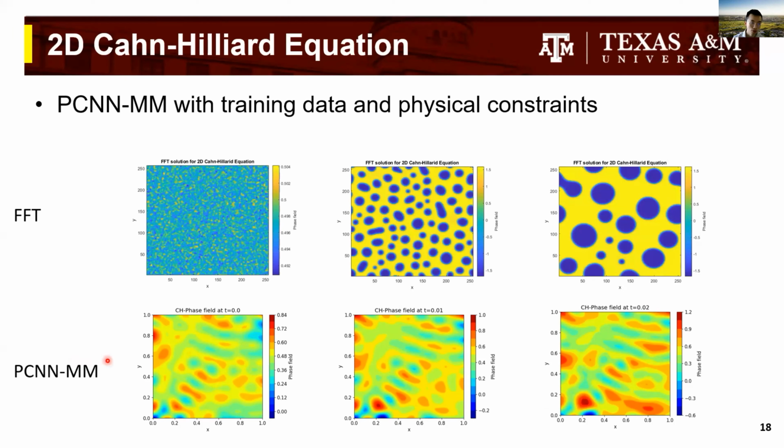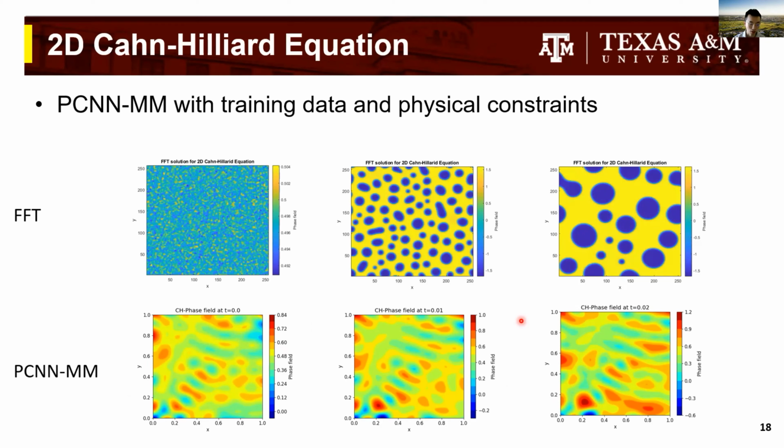However, for this physical constraint neural network, the initial distribution of the composition field or phase field is wrong, and because it cannot capture the initial phase field, the time evolution or the final phase field is far away from the prediction. As you can imagine, here we only apply this soft physical constraint, so it cannot guarantee that those physical constraints